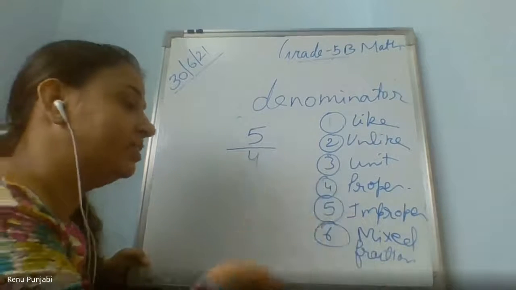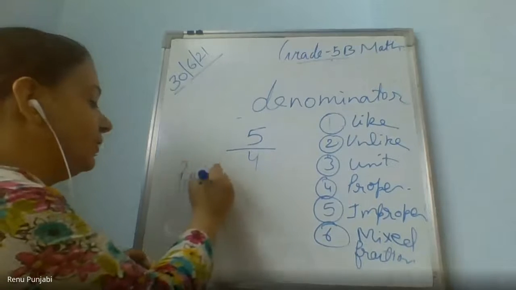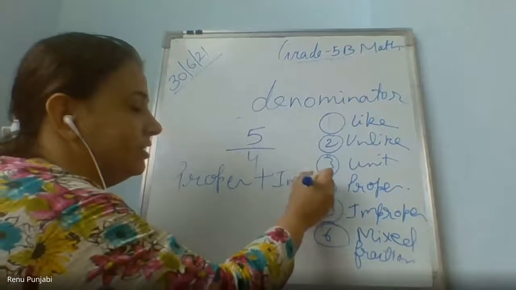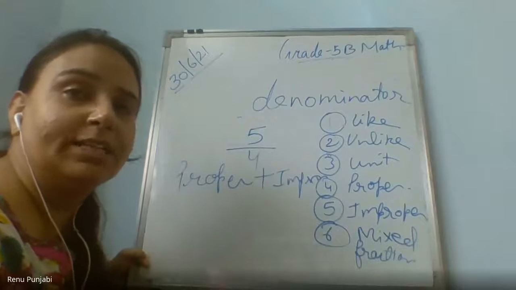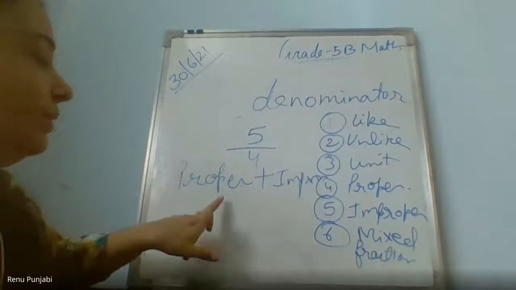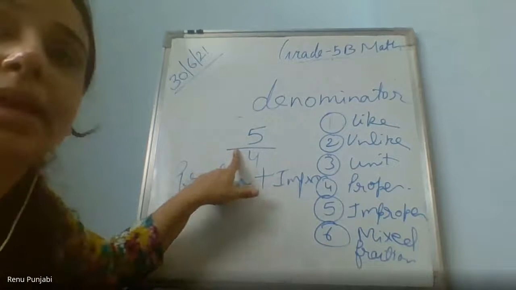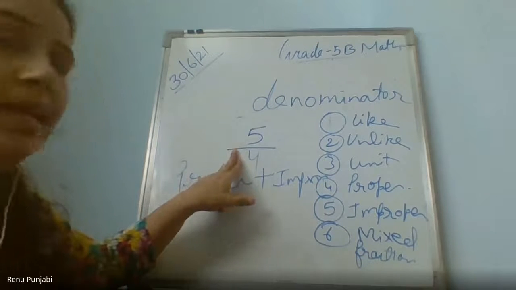पर अगर fraction की बात है तो उसमें mixed fraction क्या होगा? Mixed fraction is a combination of proper fraction plus improper fraction. Lakshya, first understand, let me explain, then talk. Mixed fraction is a combination of proper plus improper. दोनों चीजें इसके अंदर शामिल हैं, right? दोनों चीजें इसके अंदर add हैं. अब वो कैसे निकालेंगे हम?